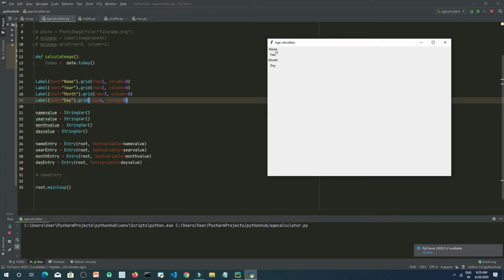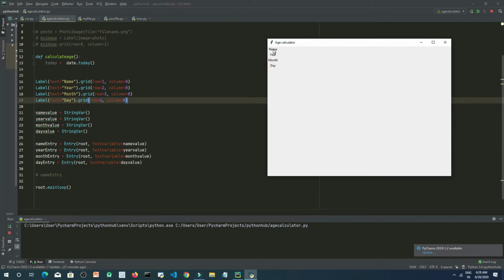Okay, this is the first column, and this is the 0th column, and this is the first row, right? But we have not placed the image till now, which we will place in the 0th row. Okay, that will be before the name. Okay, and that will be in the first column, but we have not used it because it will give us error, because we don't have the file name right now. Okay, we will set it very soon, but you should know that row and column in Tkinter start from 0 and 0.